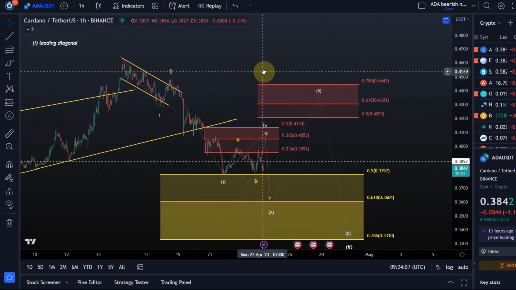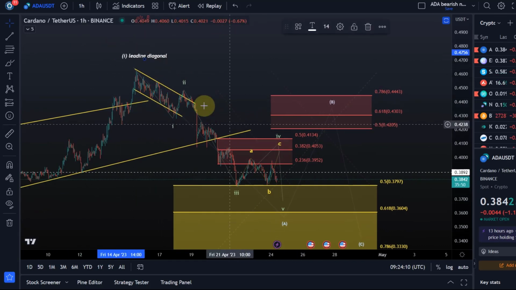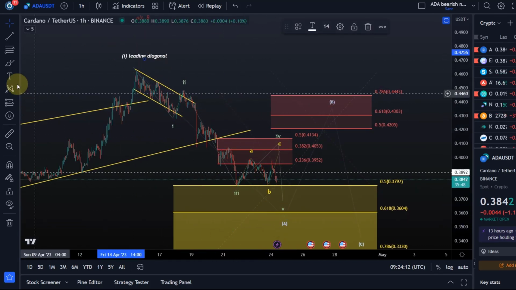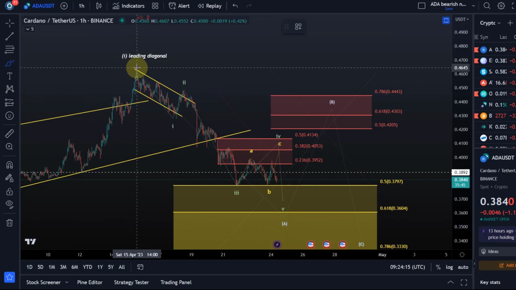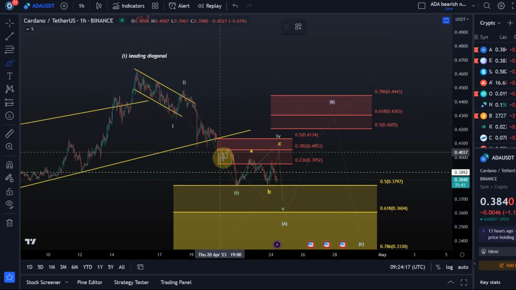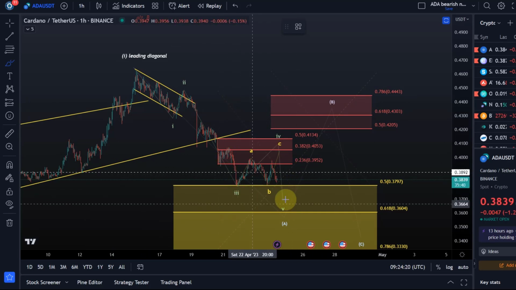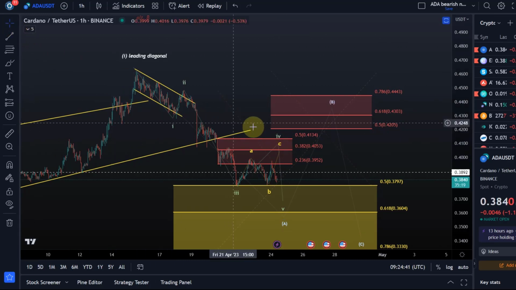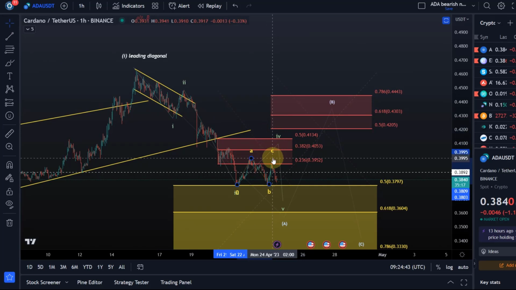At the moment, my view is, if we zoom in, that we still are in this A wave and that we have completed off this 15th of April high, a wave one, a wave two, a wave three. And here it's now where it's getting a little bit unclear, because it could be, and it's currently my assumption for Bitcoin and Ethereum, that this wave four is already complete, yeah, with the latest high, which was printed at around 39.8 cents. Or, and that's another interpretation, that the wave four is still ongoing as a so-called Elliott wave